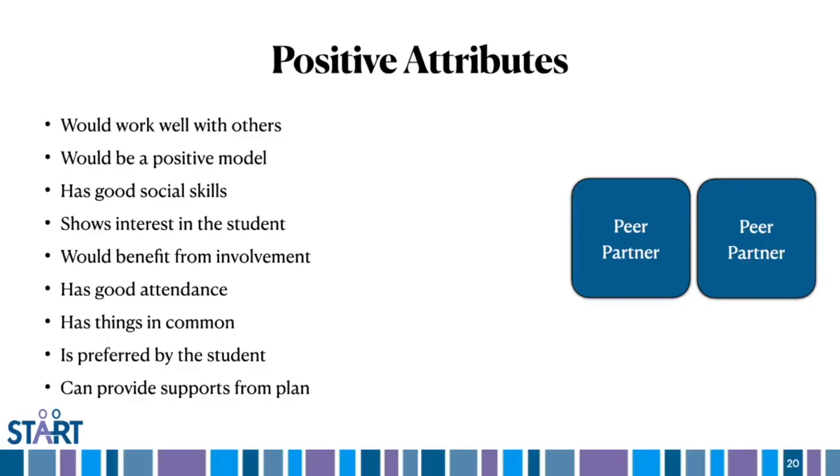However, it's important to emphasize that students who are themselves struggling academically or maybe who have more inconsistent attendance can still serve in this role and benefit greatly from their involvement. In other words, students who are themselves at risk for academic or behavioral challenges might have much to contribute. Now, another consideration is whether the peers share interests or experiences that might set the stage for new friendships. And ideally, you're selecting peers who the student wants to get to know and who's well positioned to deliver the key supports that are really outlined in that written plan.